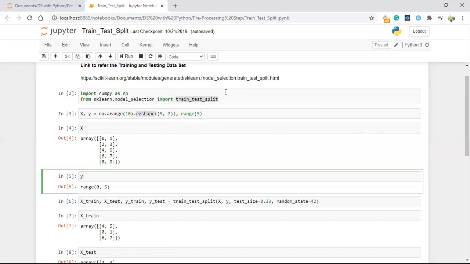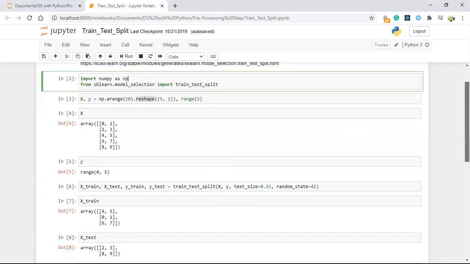And y, the range of 0 to 5. So now you have two variables, one is x and another one is y. You just imported your train test split as well. So this is the